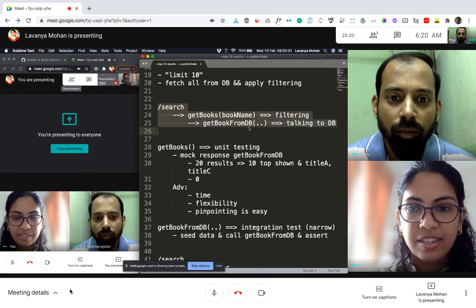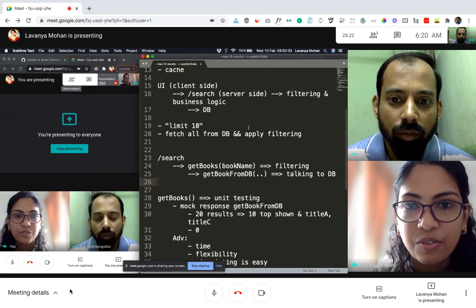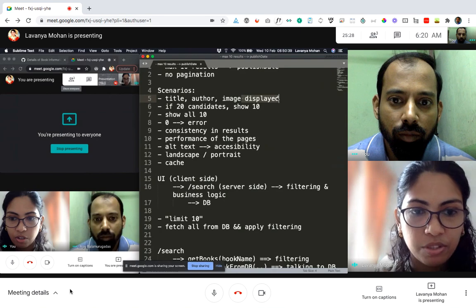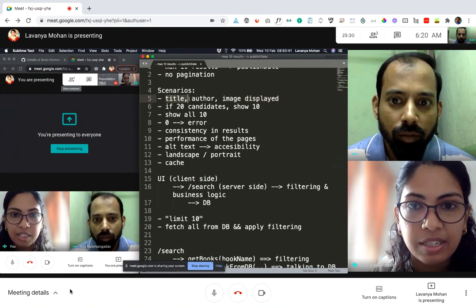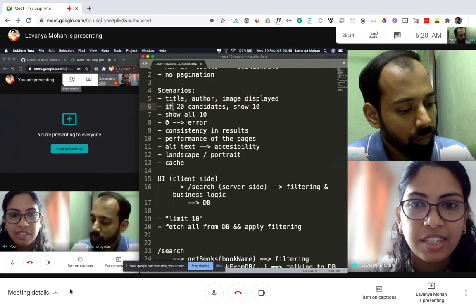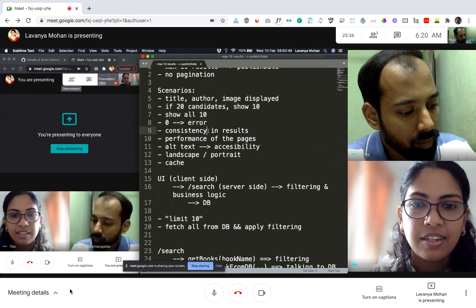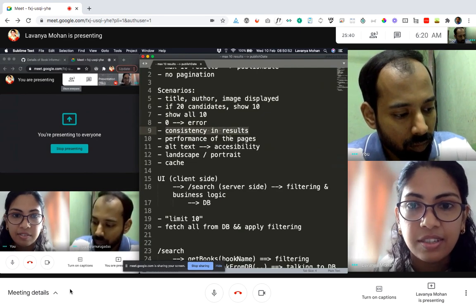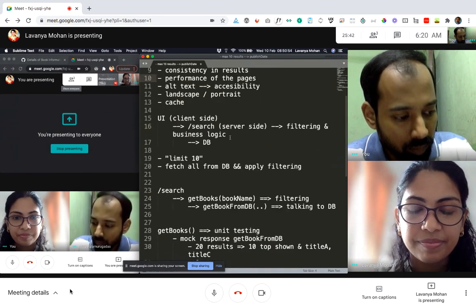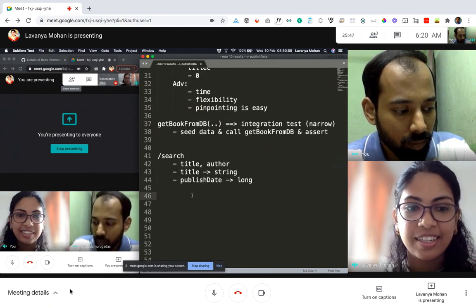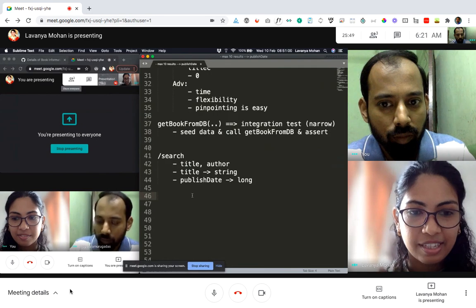Right? So in that sense, now we have seen the JSON. We have not seen the display part, we have not come to the UI, but we are checking whether the expected title and author are displayed, whether it shows exactly 10. We could hit it multiple times to see if the results are consistent, and so on. Alright. So in some sense, now we have an understanding that the server-side code is tested on its own.